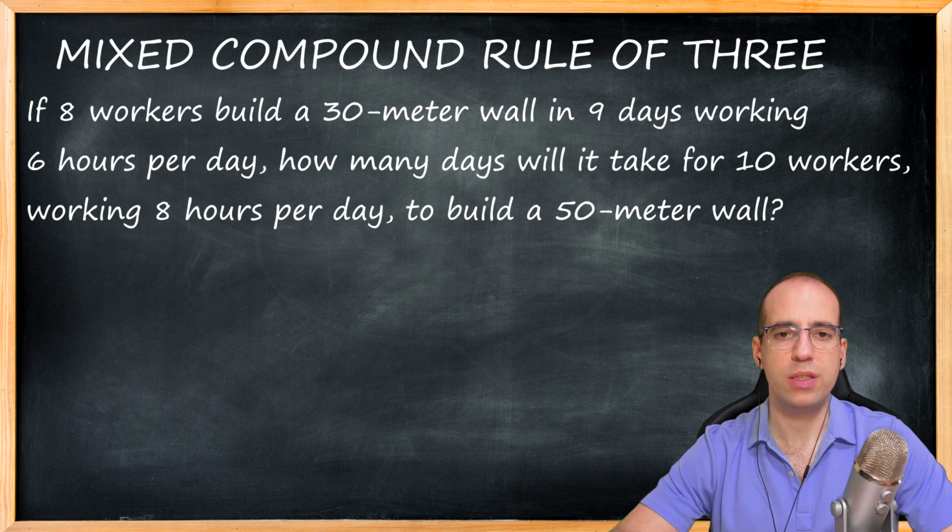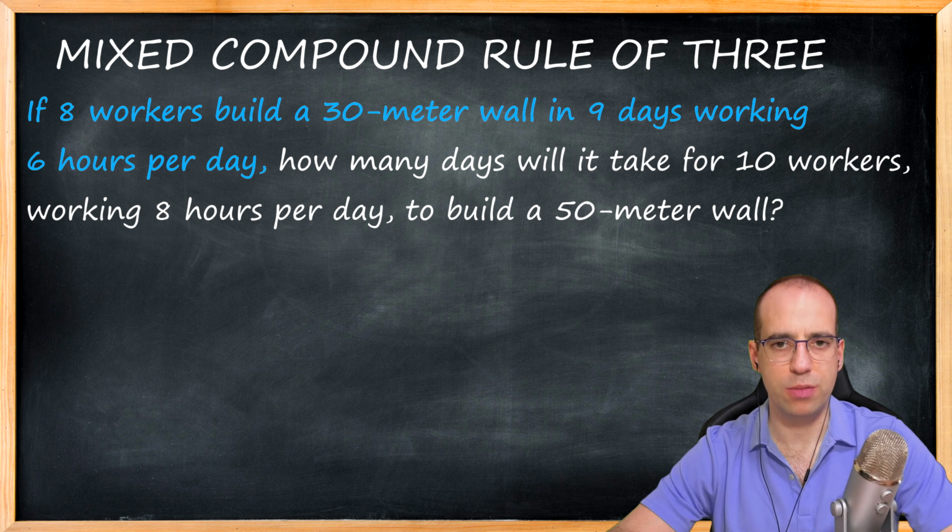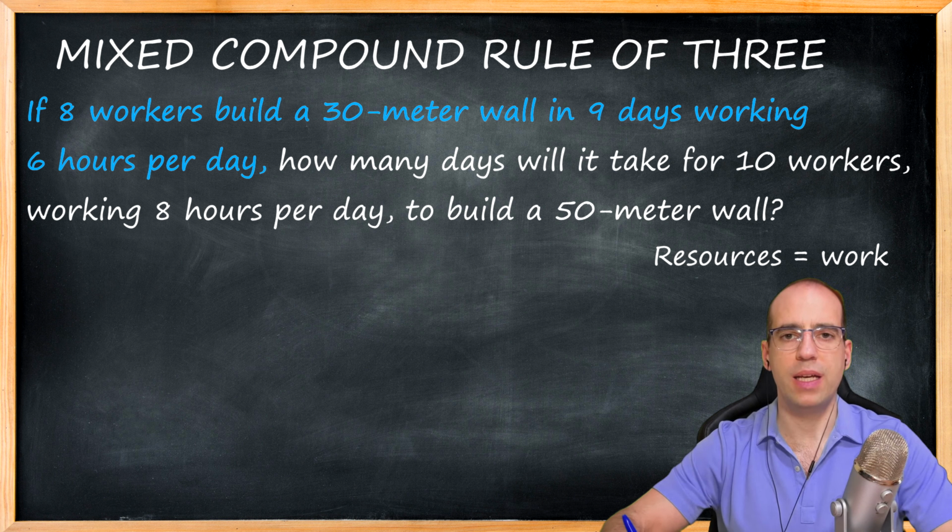For the statement, what does it say? If 8 workers build a 30-meter wall in 9 days, working 6 hours per day, that's our statement. We have all the measurements and we know absolutely all the necessary data. What do we need to do? We need to establish the equality between the measurements that represent resources and those that represent work. And that's the equality we're going to pursue, first for the statement on one hand and then for the question